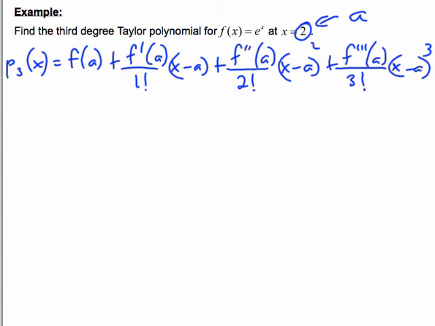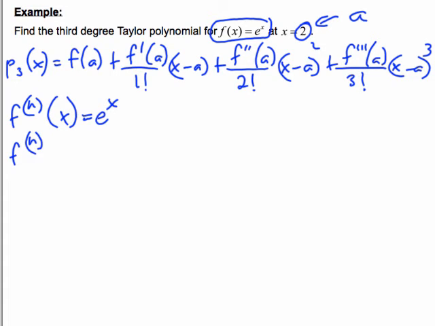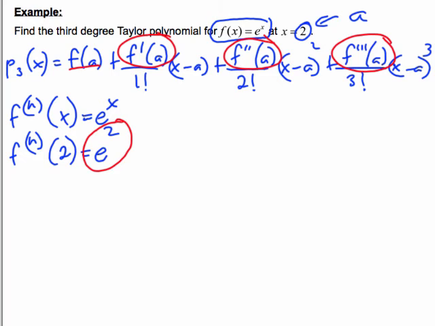Now I also need the derivative of f of x up to the third derivative. Well, I know that all the derivatives, all n derivatives, will be e to the x. So my derivative at first, second, third, and original point at 2 will be e squared. So it's this that I'll be putting into each of these spots, along with a equals 2. So putting that all together,